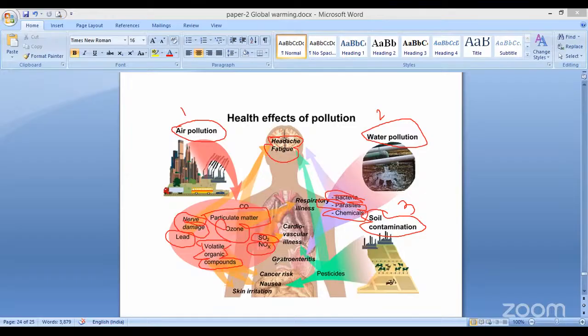It can cause gastrointestinal problems. It can increase cancer risk, nausea, skin irritation,